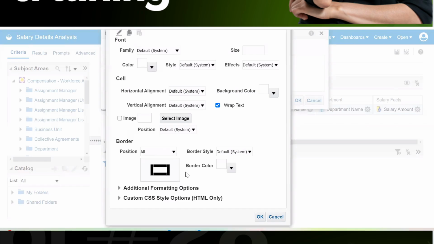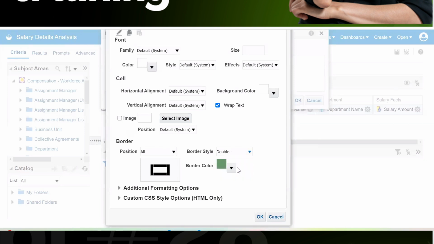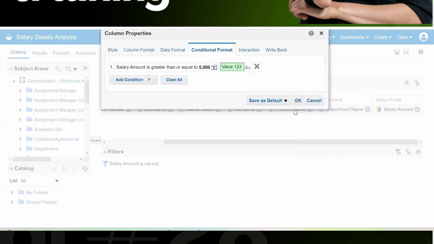I want to add a border for those cells in green color. Default it to double. And I want that particular background to be this color. So wherever the value is greater than 5,000, that cell will appear like this.